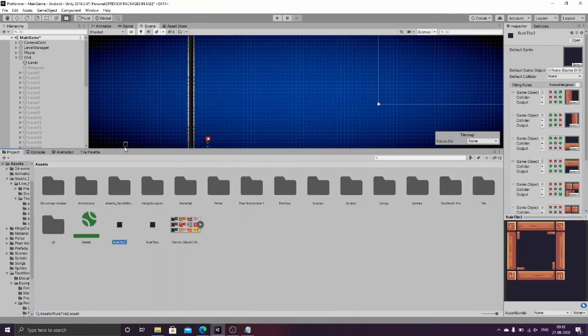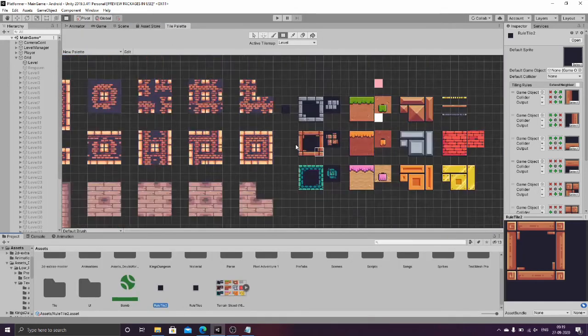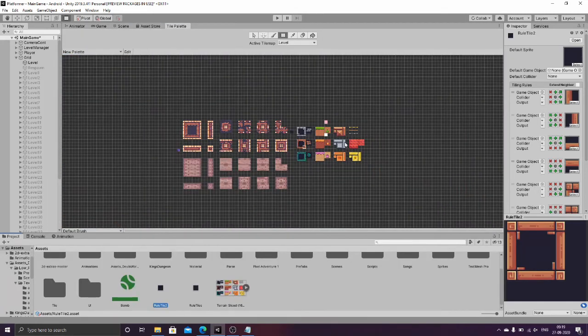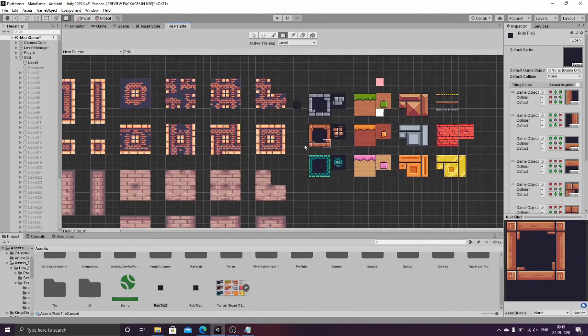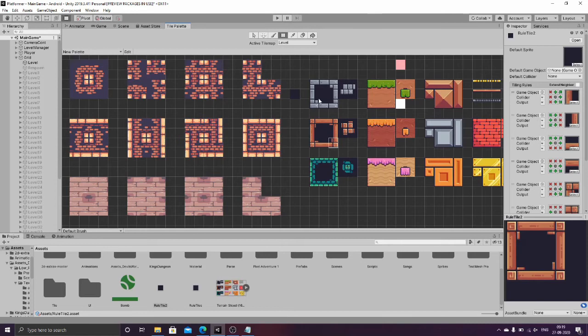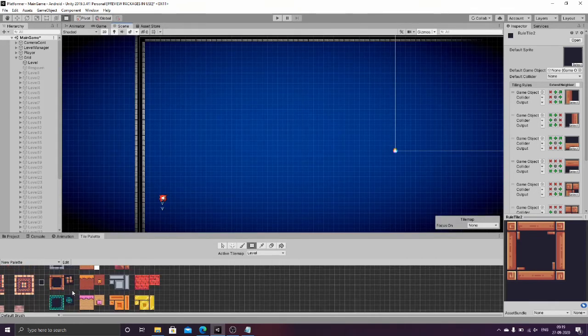And now if we open our tile palette, then we can drag and drop the rule tile asset that we have just now created into the tile palette, and you can see this whole rule tile is seen in the tile palette as a particular single tile with the sprite of the default sprite that you have specified in your rule tile asset. After that, you can click on the particular tile that you just now added to the tile palette,